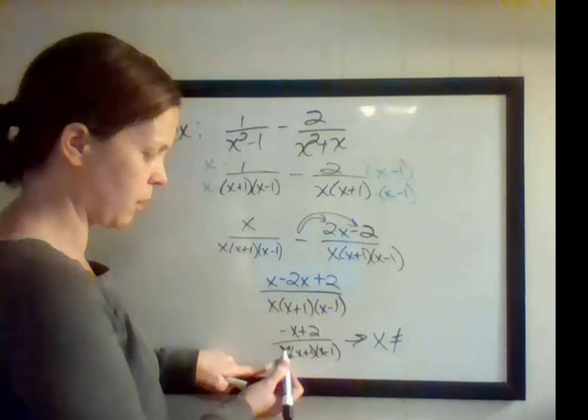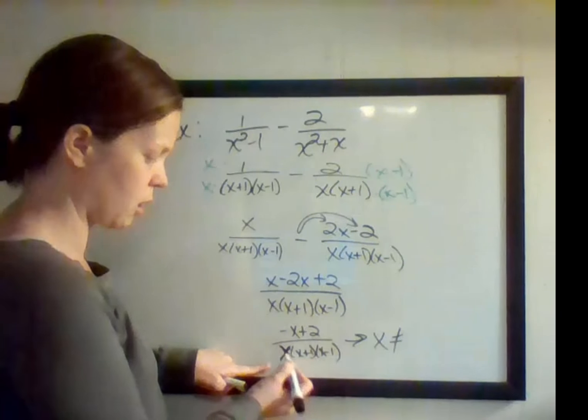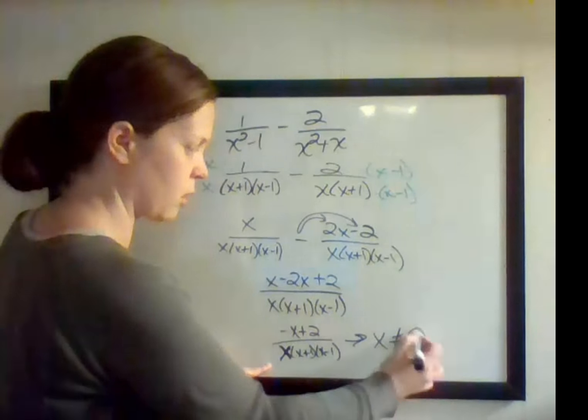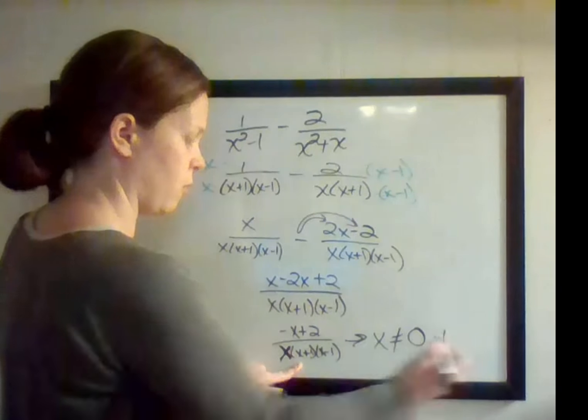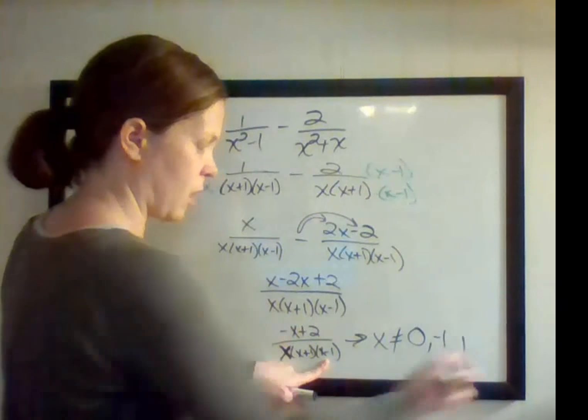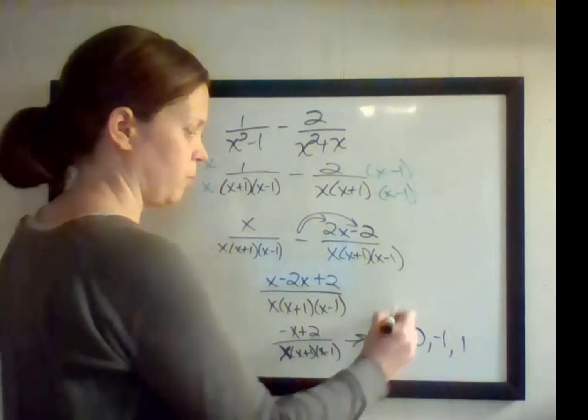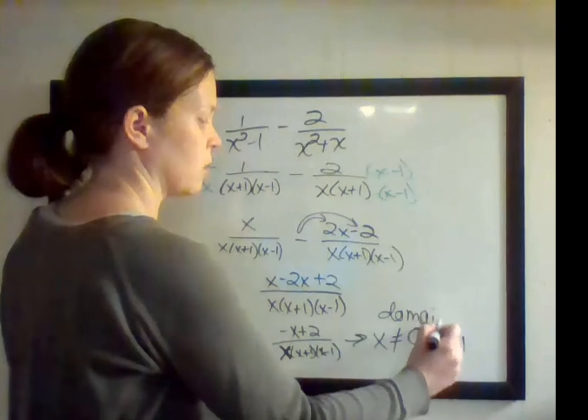If I had 0 on the bottom, it doesn't matter what these are, this would be 0. The whole thing would be 0. So x cannot equal 0 for this one. Cannot equal negative 1 for that one. And cannot equal positive 1 for that one. So, circling back to the beginning, my domain